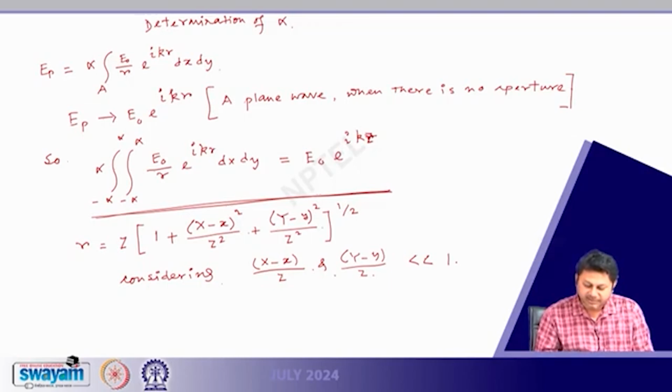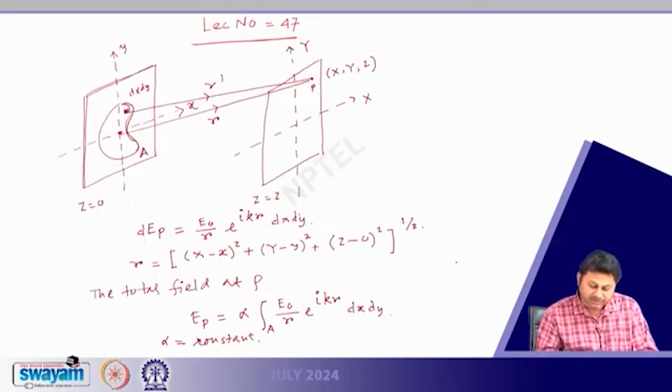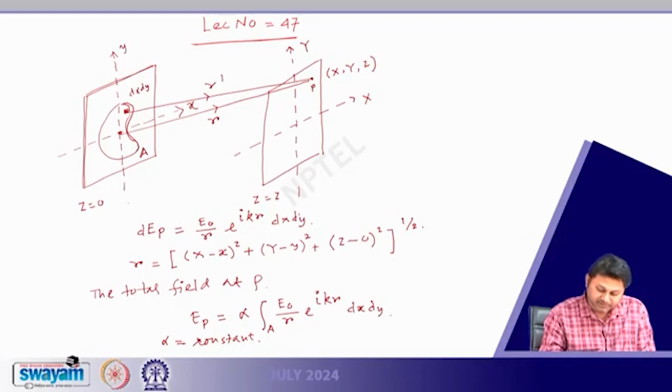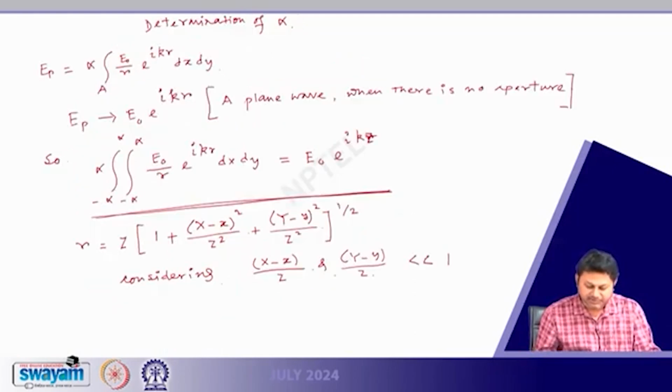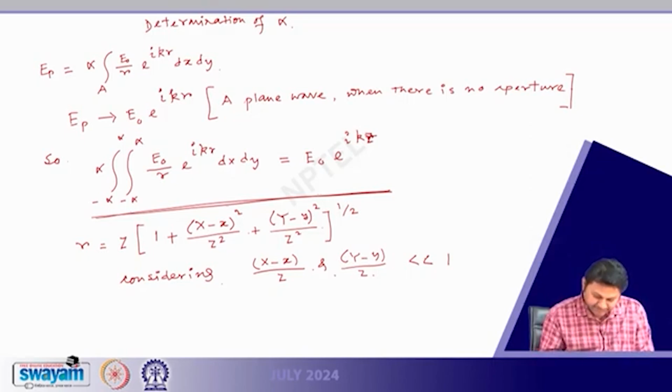So this is the difference, x minus x', is the difference between 2 points, and z is the distance between them. If I go back to this figure, x minus x' is the difference between this coordinate and whatever coordinate we have. So for all the points here, this value x minus x' or y minus y' should be very small compared to z. If I try to go far away, then z is much bigger than this. So if I consider this condition,